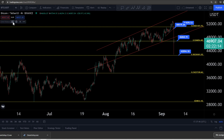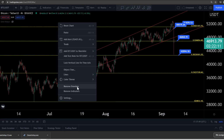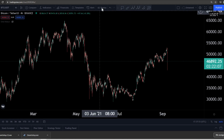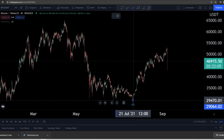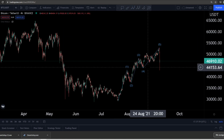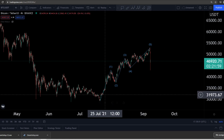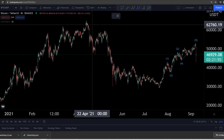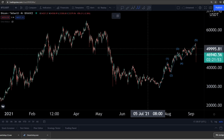Let me show you something here. Let's remove these drawings. And let me show you something. Maybe, guys, let me check. This was a 1, 2, 3, 4, 5 wave upgoing Bitcoin price. This was a really nice leg to the upside. I think, guys, and not all guys are at the same position as me,